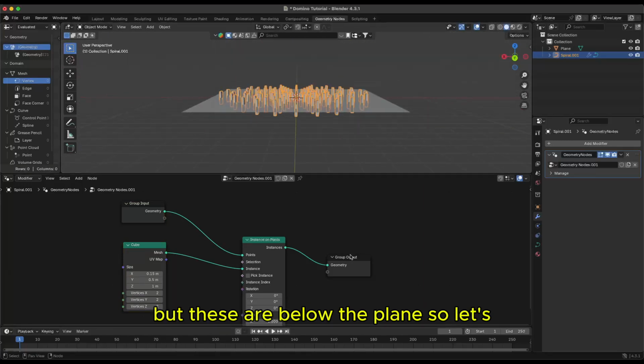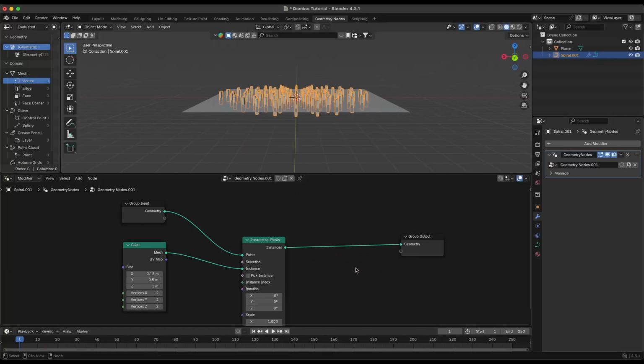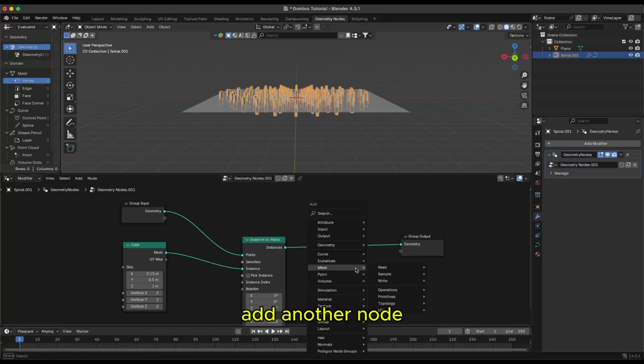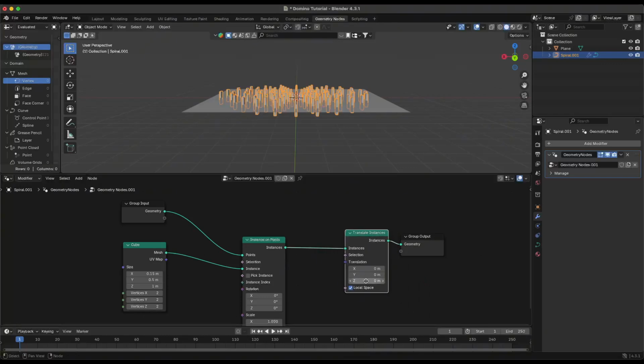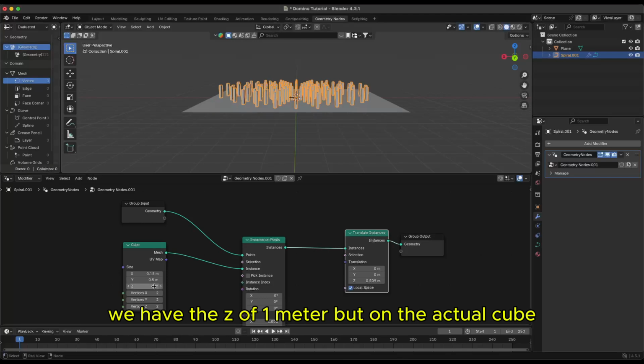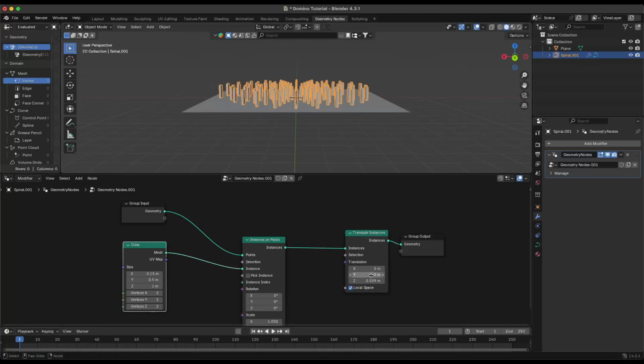So let's add another node, translate instance, 0.509. We have the z of 1 meter on the actual cube, so we can translate it by 0.5